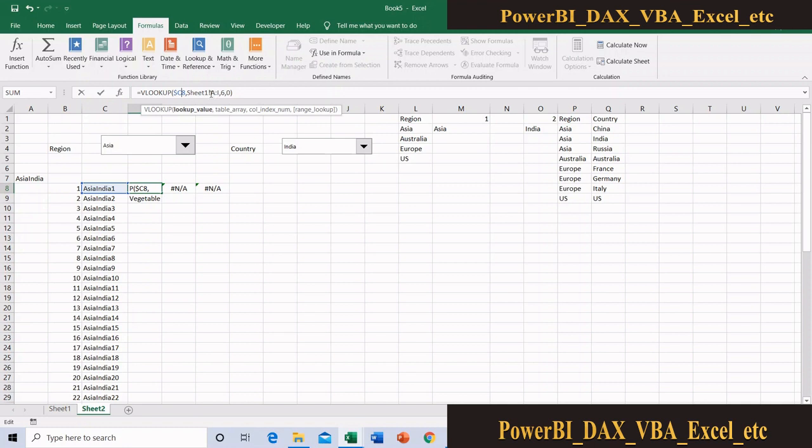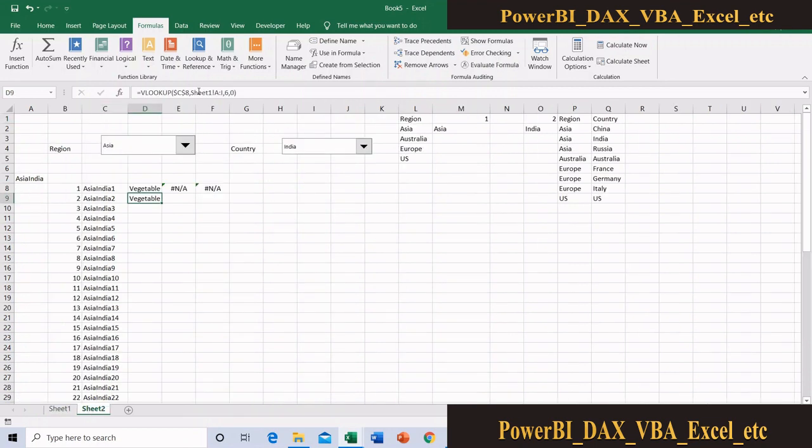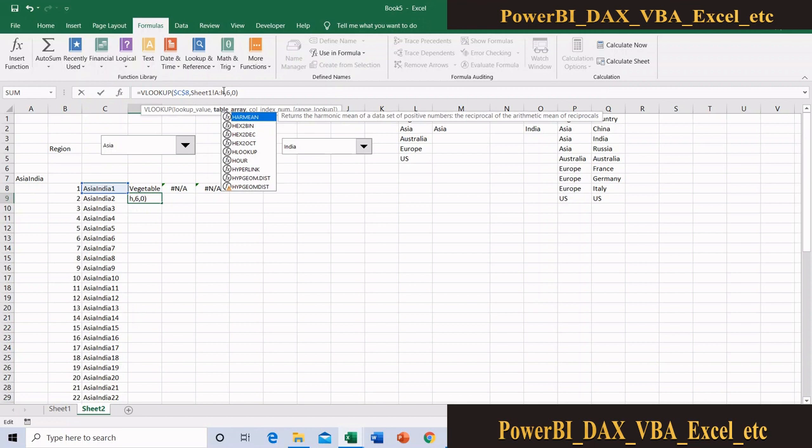So I am removing this lock from here, and the same I apply. But what about the data range? Data range is A to I, or A to H, no problem. I don't want to move this range, so I can lock this A to H. Just select this and type F4.